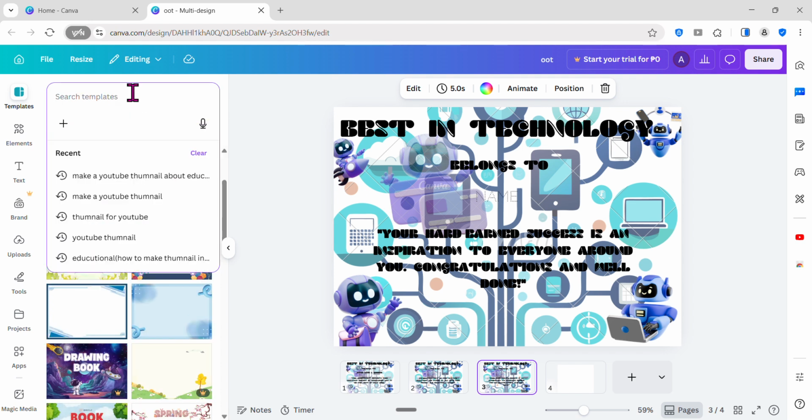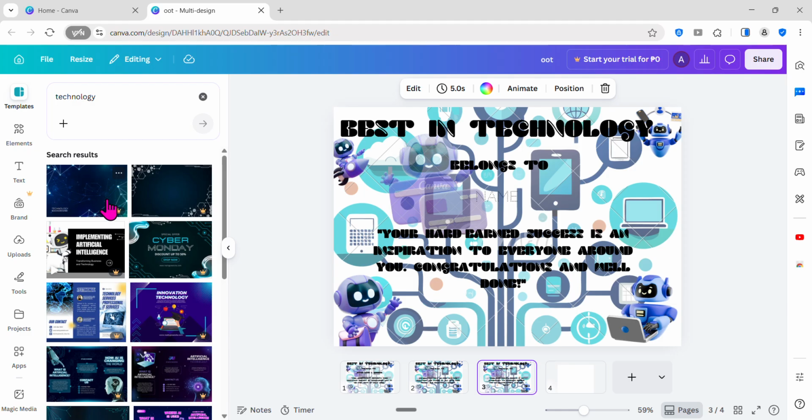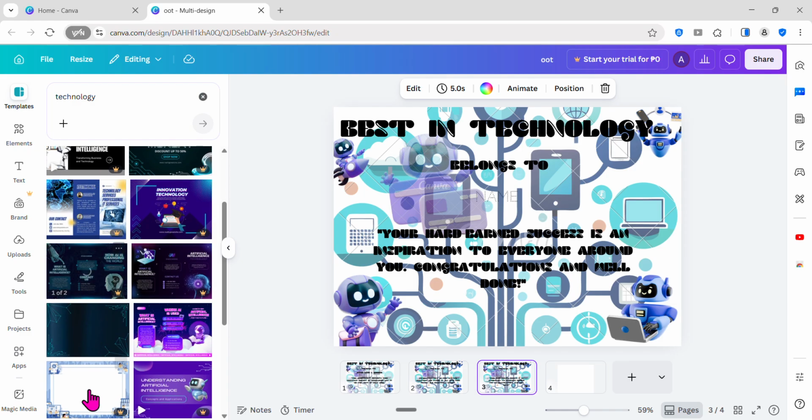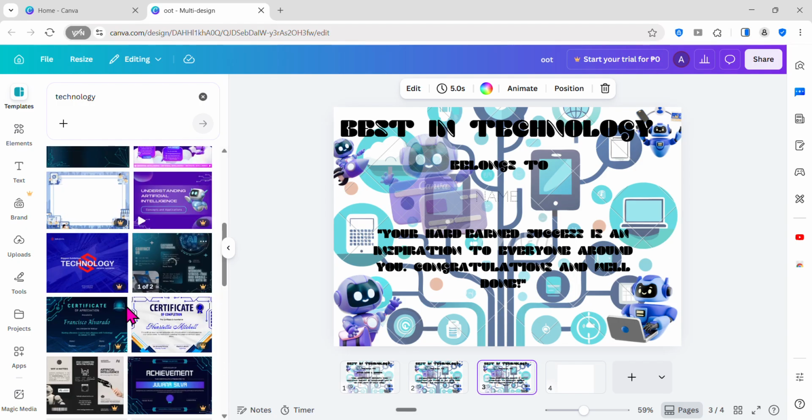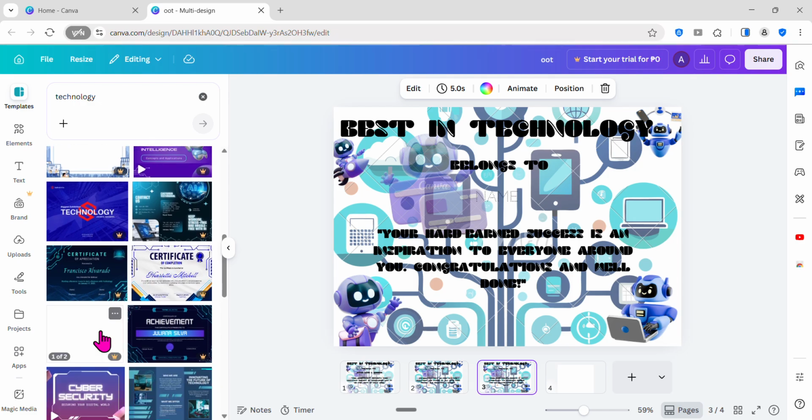Search for technology template. So you can use whatever you want as your template, for example this or this.